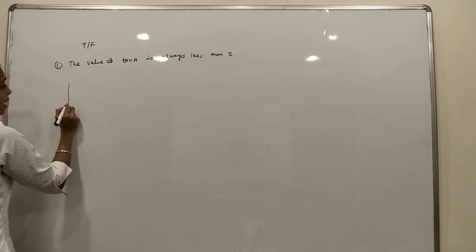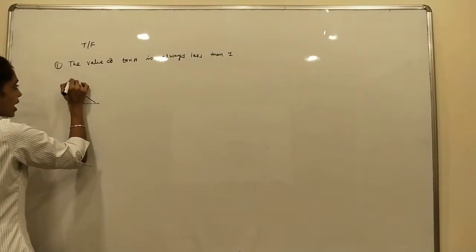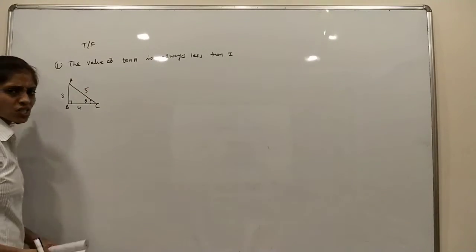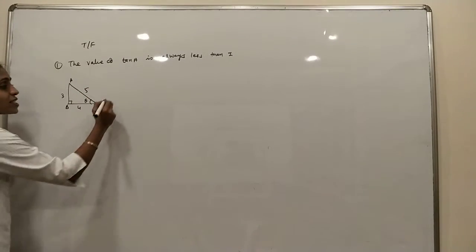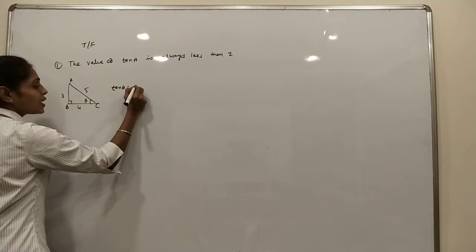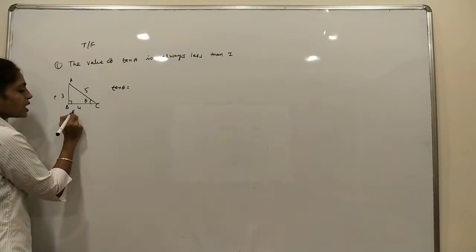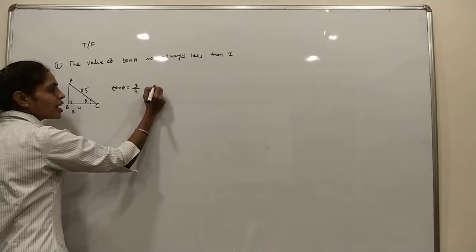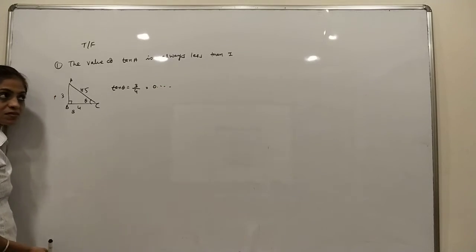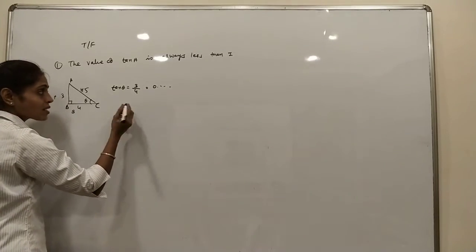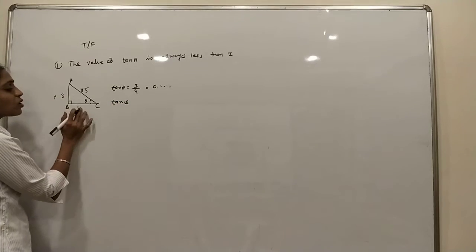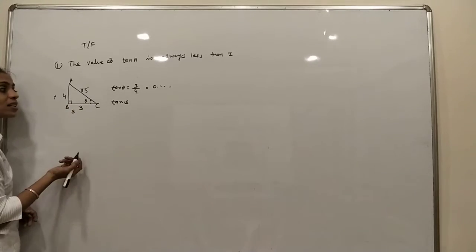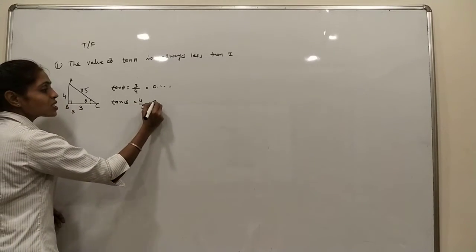Now I will try to explain A, B, C. Let the angle be theta, with sides 3, 4 and 5. It's a triplet. Okay. Now what is tan theta? Tan theta is perpendicular over base, P and B and H. So tan theta is 3 by 4, and 3 divided by 4 is 0 point something, any value less than 1. Yes? But these 3 and 4 are not necessarily so. The perpendicular could be 4, or the base could be 3. At that time the tan theta value is 4 by 3, which is 1 point something.